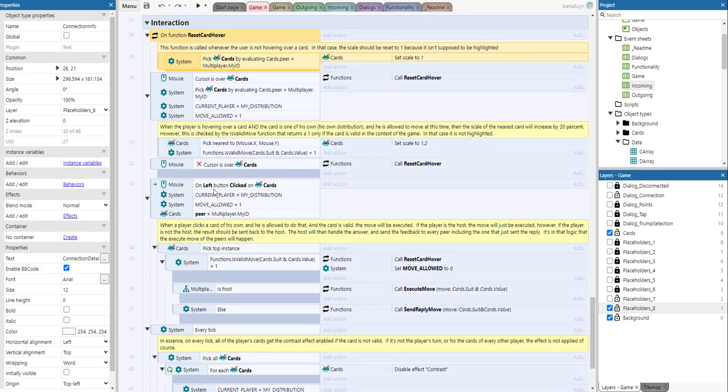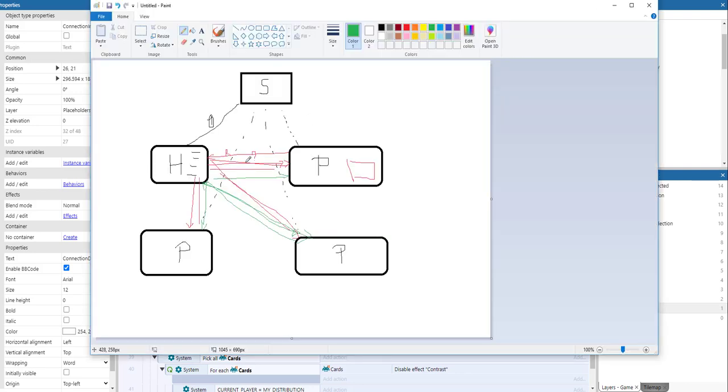So once we've done that, on left click, and the move is allowed when the player picks a card, so he's allowed to do that, and the card is valid, the move will be executed. If the player is the host, the move will be executed. However, if the player is not the host, the result should be sent back to the host. That's what I told you here in the communications